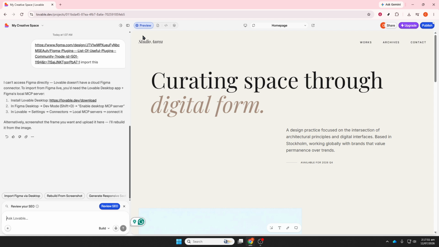Once you've finished making your updates, save your changes. Don't skip this step because your edits won't take effect unless they're saved properly. After saving, test your project